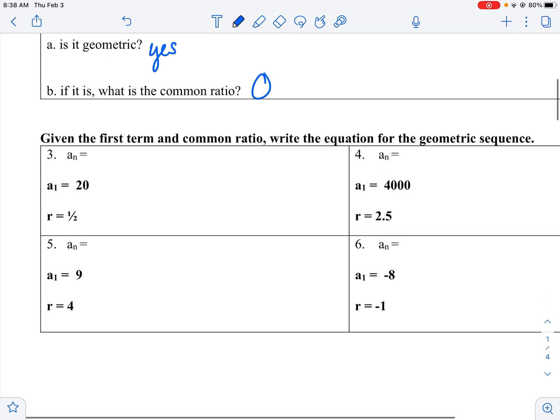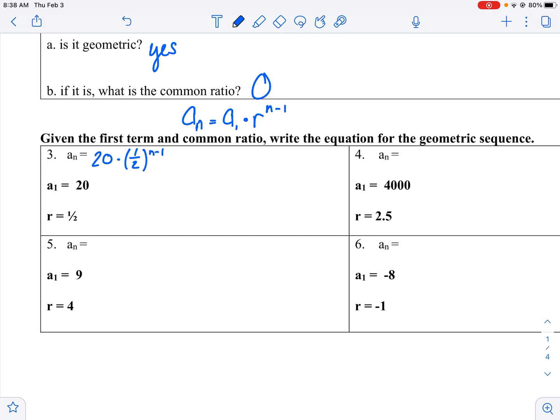So let's practice some equations. My equation, a sub n equals my first term, and this one is geometric, so it's times my ratio to the n minus 1 power. So let's practice a few of these together. Given our first term and common ratio, a sub n would be equal to my first term times my common ratio to the